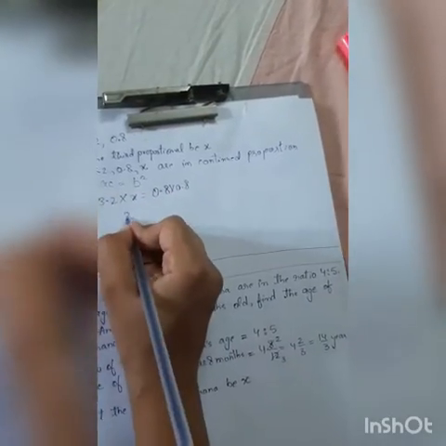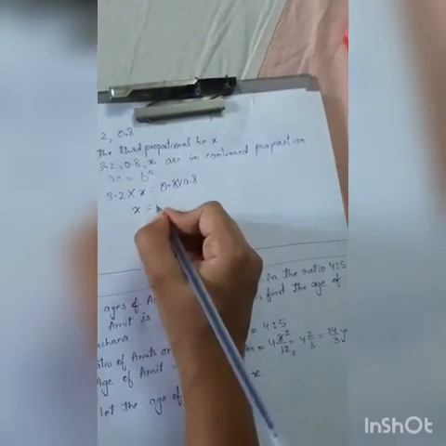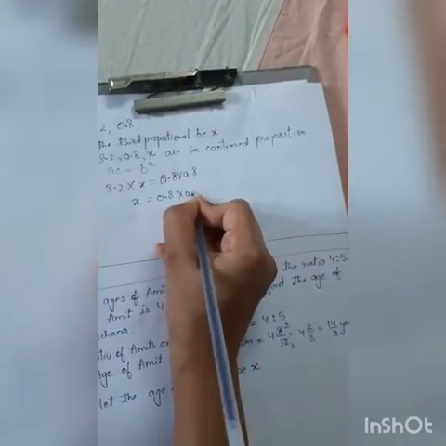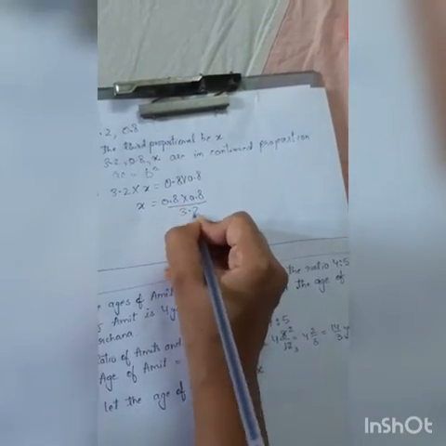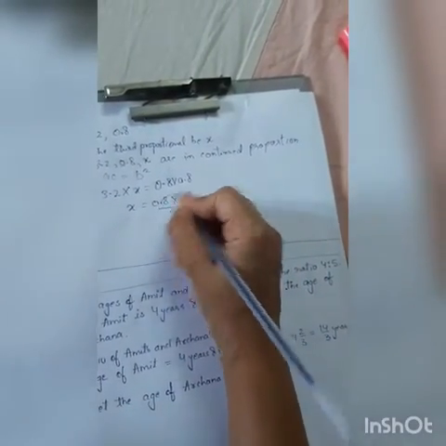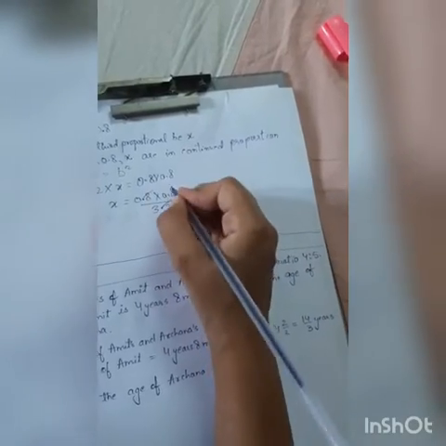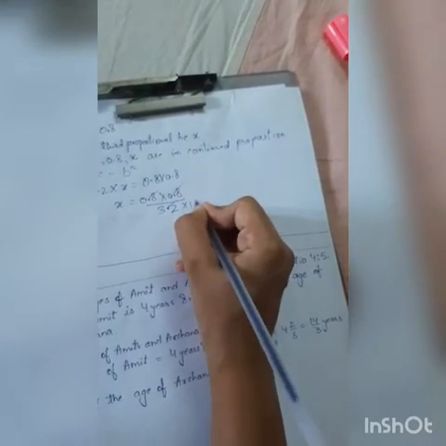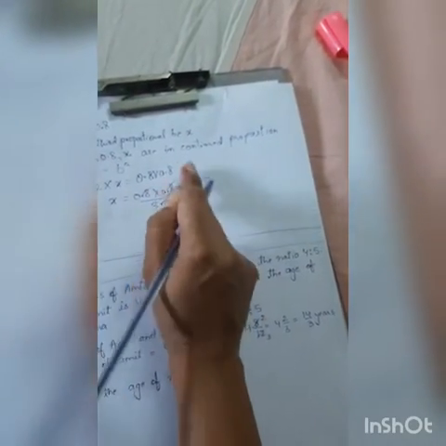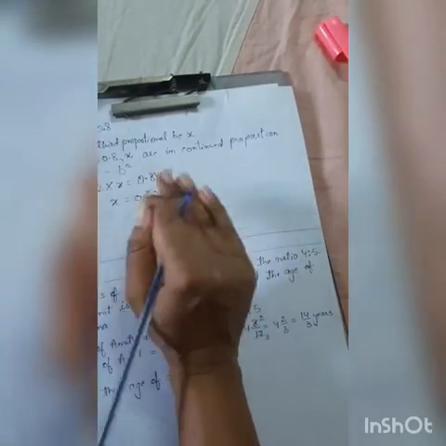So students, x I can keep it here. 3.2 can divide with 0.8 into 0.8 upon 3.2. I know one place decimal will cancel with one place decimal. And if I remove a decimal here, 10 will come in the denominator. So this is cancelled. This I removed. So 10 came. So now there is no decimal.